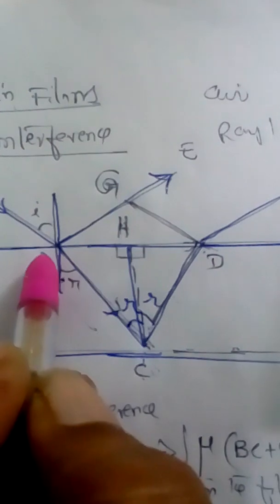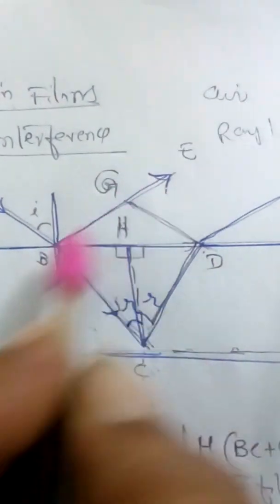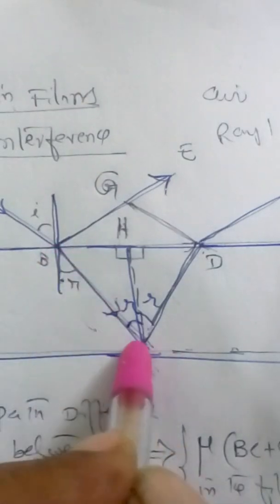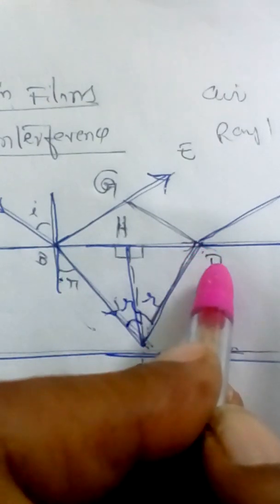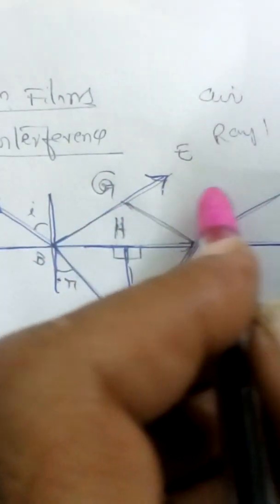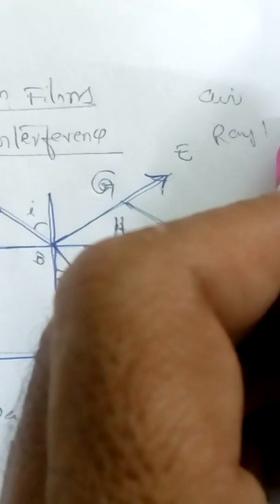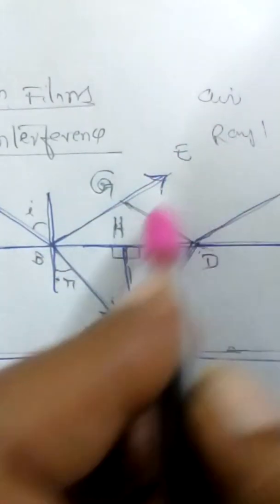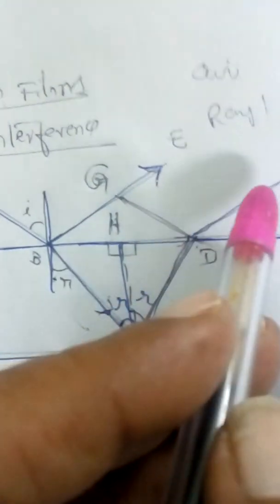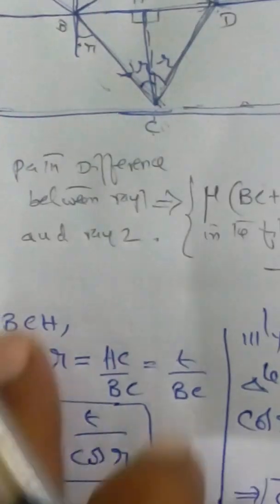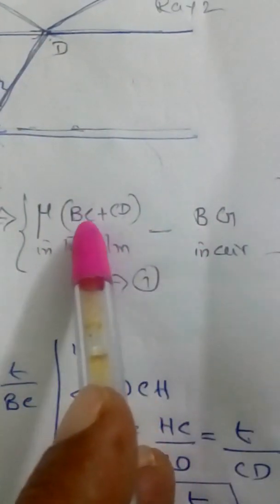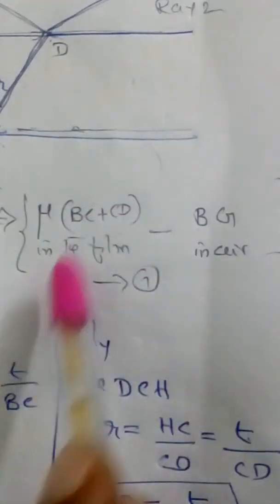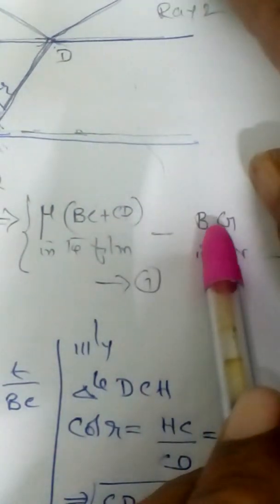So there is a path difference. By the time the ray reaches from B to G, inside it has to travel from B to C and then C to D. Hence we have drawn a normal here. From D and G onwards, they travel together, because from these points the light will travel at equal distances. Till then there is a path difference. We have to calculate the path difference between these two. To calculate it, we have obtained this expression. In it, we are trying to find the values of BC and CD, which we just got. Now we have to find BG.